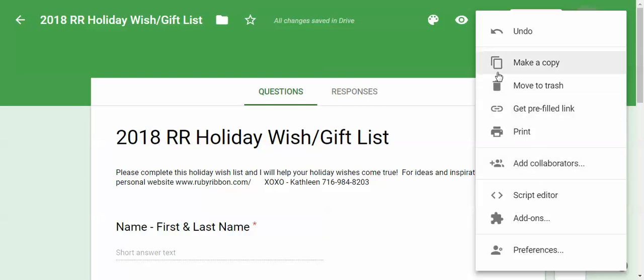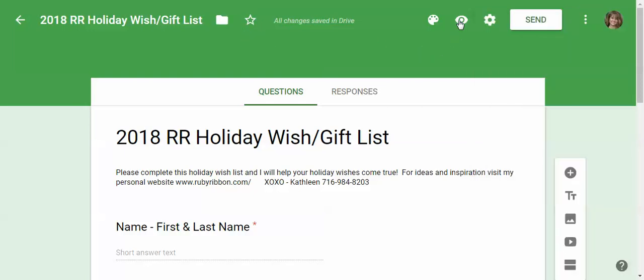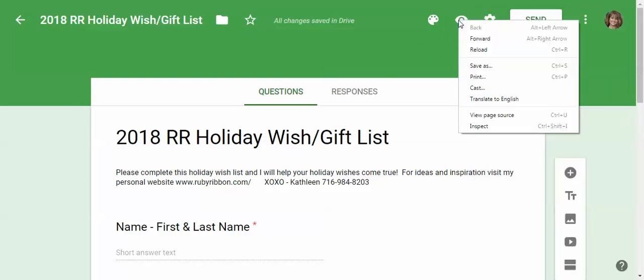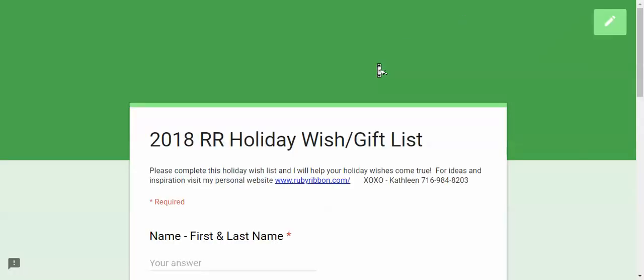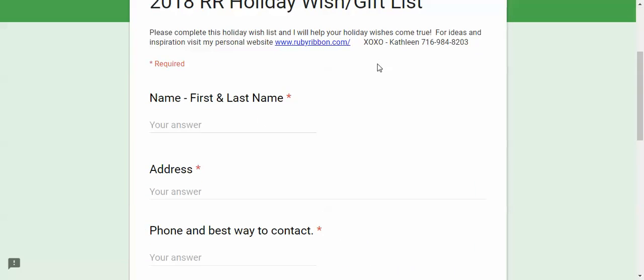Another thing you can do is preview to see what your form is going to look like by clicking on this eye. Yep. And it's going to pull up the holiday wish list, right? So this is what your customer is going to see when they click on the link that you send them. And I'm going to show you how to do that in a minute. But let's just do this first. I'm just going to show you real quick how you can,